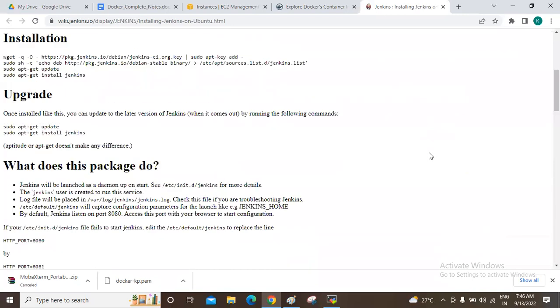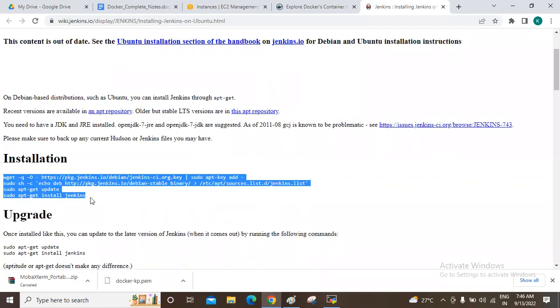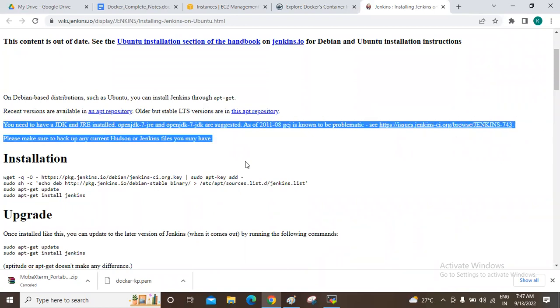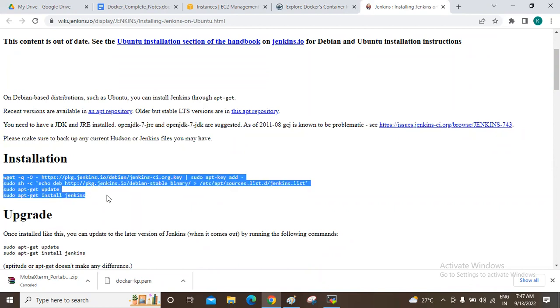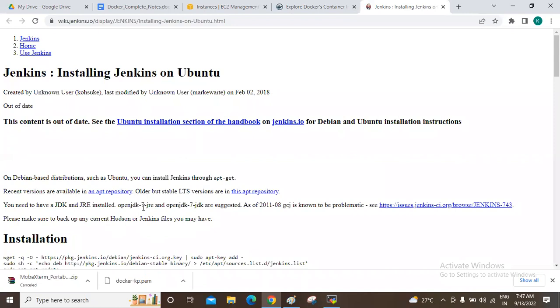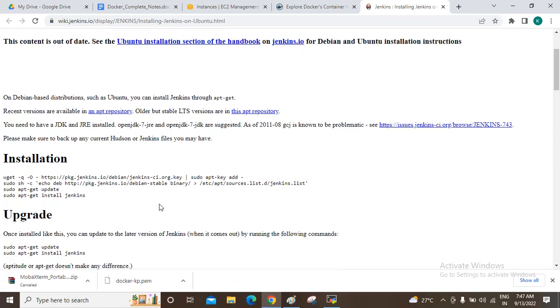See what we have to do. In order to install Jenkins, you have to do all these steps. No doubt that we should have the Linux machine, and Jenkins is a Java based application. You need to install Java, JDK, JRE, all these things. After that, you have to execute all these steps. For this, we should have a particular version of Java. These are the steps. After doing this, there is no guarantee that Jenkins will be running successfully, right?